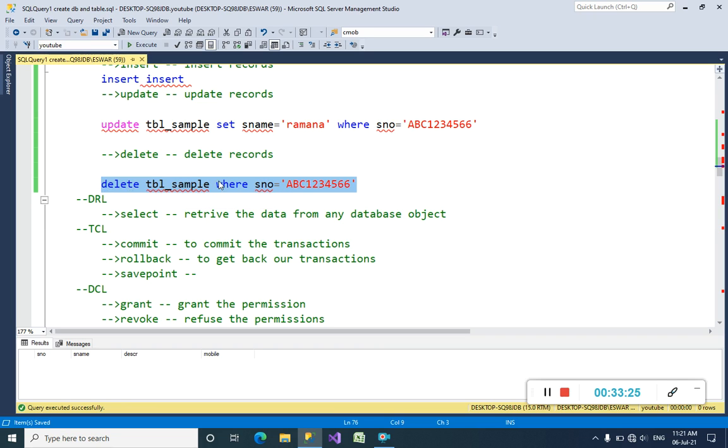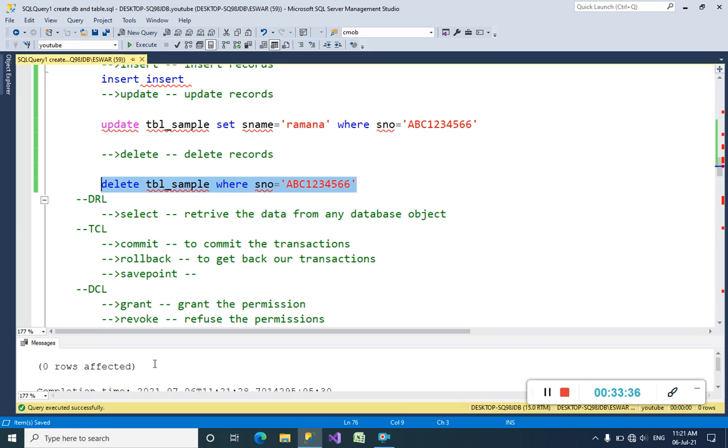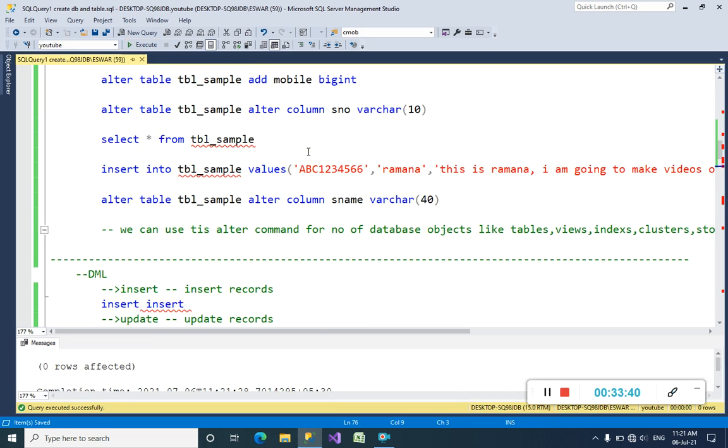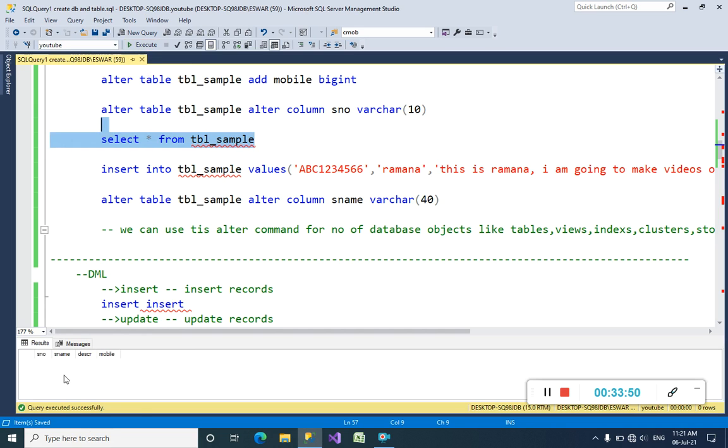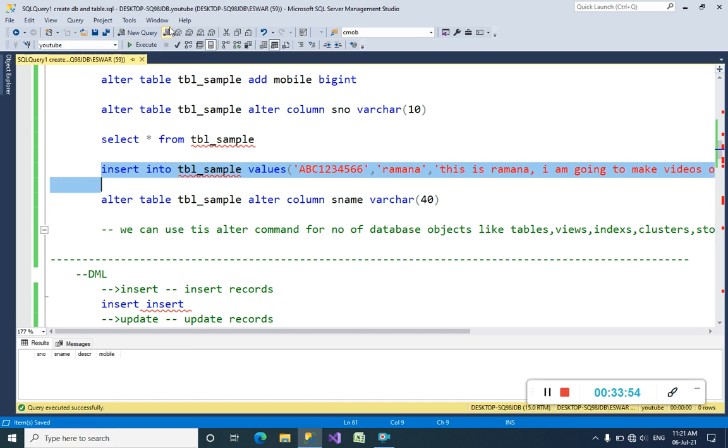When you declare a where condition here, we can delete only the record satisfying the condition. Execute. But zero rows affected means there are no records inside the table, so we didn't get any output. Let's see whether any records exist in this table or not. No records exist in the table, so how can we delete without having that?